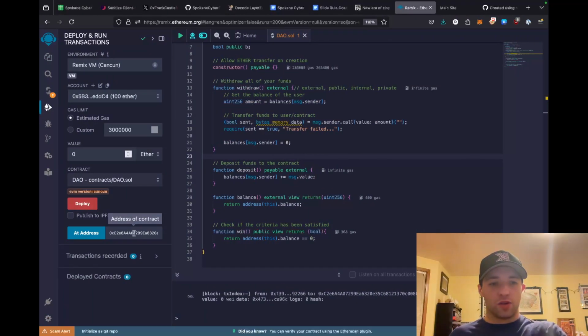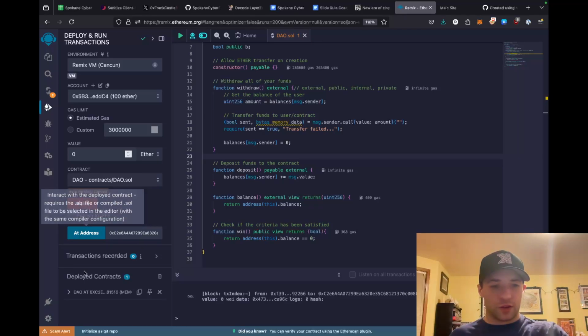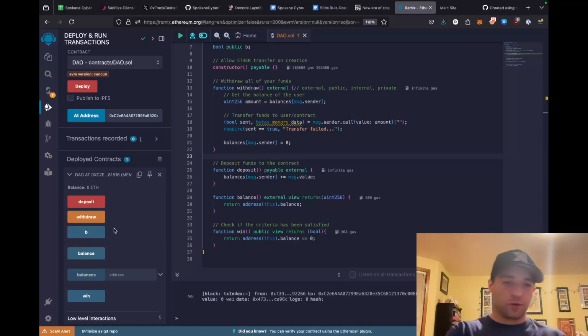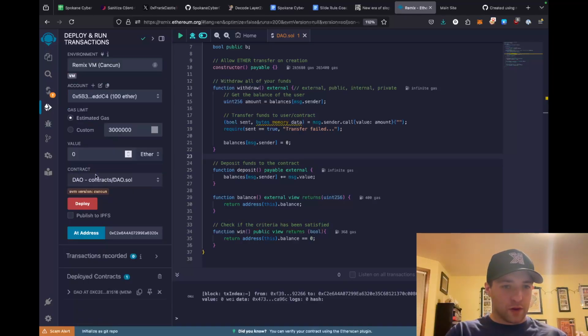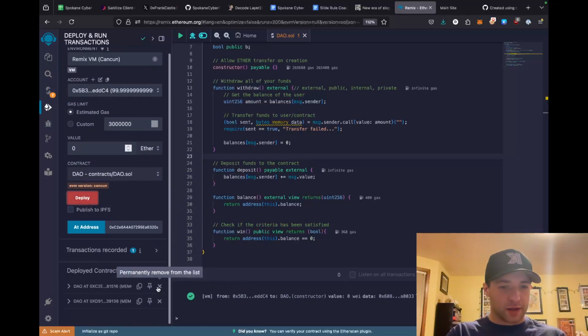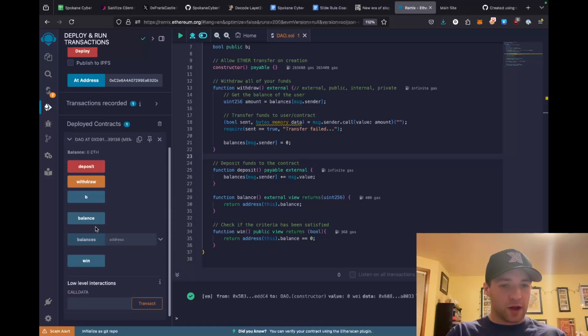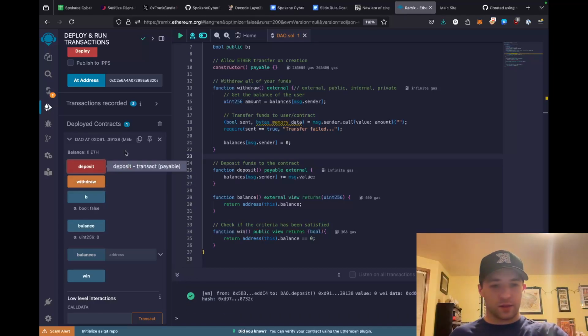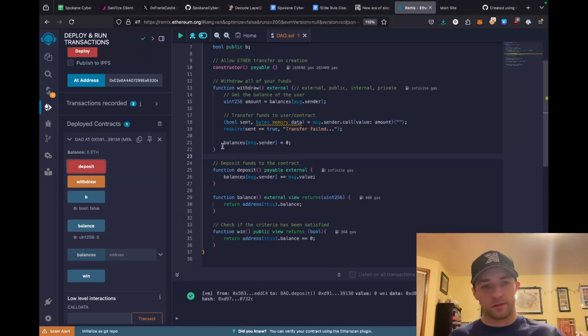Alongside deploy, you can use what's called the @address. If there is a smart contract already deployed, then you can use the @address feature, and you will then have that smart contract callable by these little blocks here. So, for instance, if I click deploy smart contract, when I click on these blocks, I can check the balance of the contract. I can check this Boolean. I can make state editing calls, for instance, as well. So the best way to interact with smart contracts is definitely going to be through this big box right here. It allows you to do a lot of different things. Allows you to provide